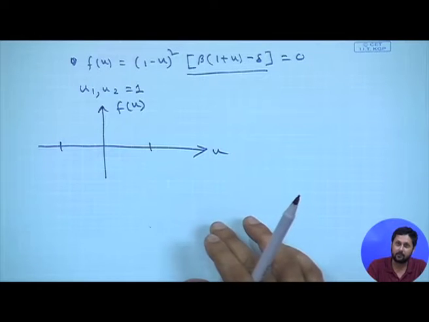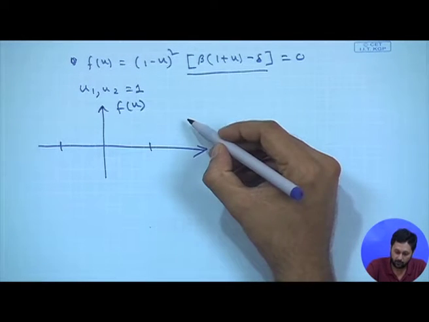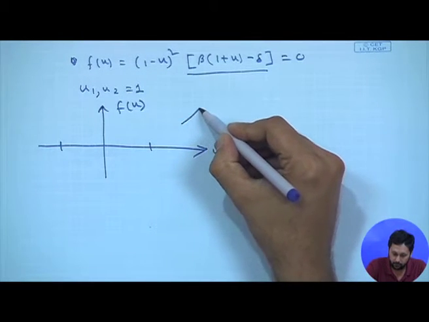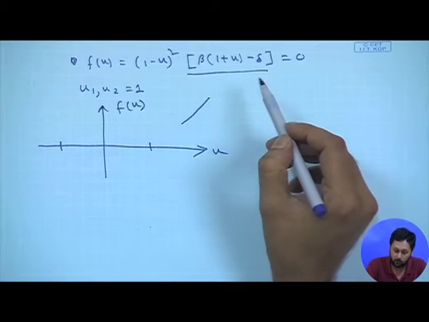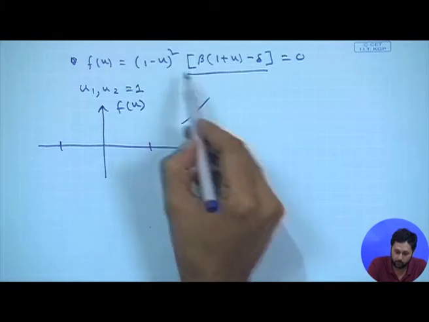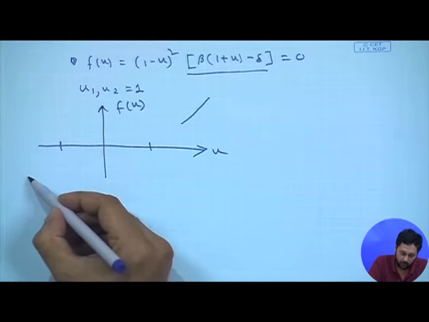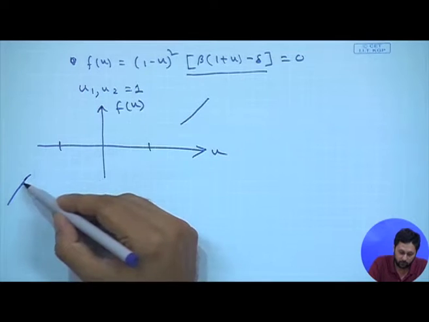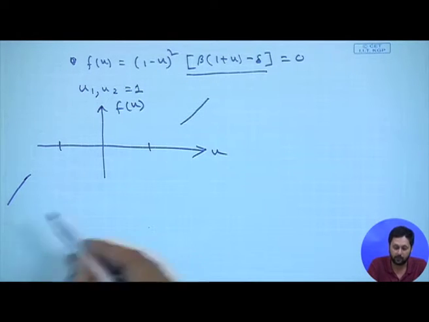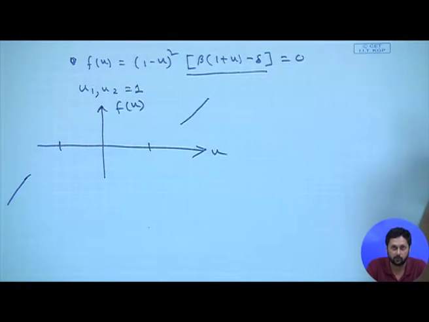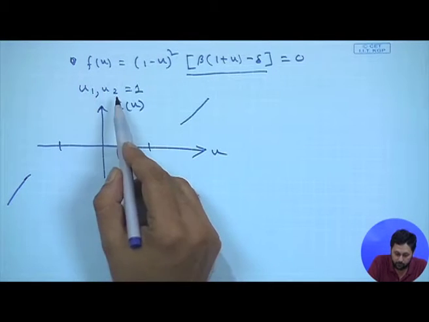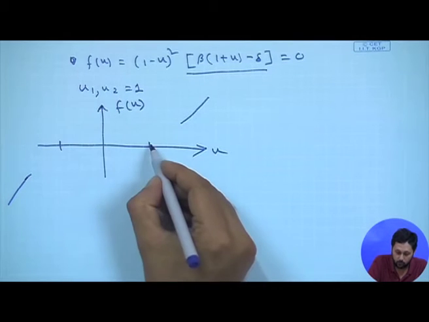So, the general trend will not change, it will once again go to positive infinity. So, the leading term remains u cubed, right. So, you have a u square from here and u from here. So, the leading term remains u cubed. So, we have this trend that it goes to minus infinity for u equal to minus infinity, positive infinity for u equal to positive infinity. In between, now we see that we have two roots u1 and u2 concentrated